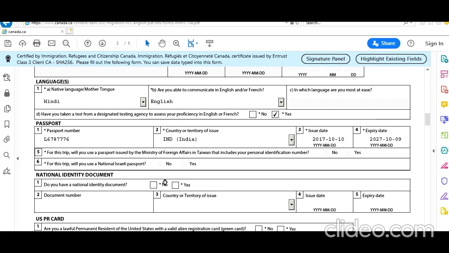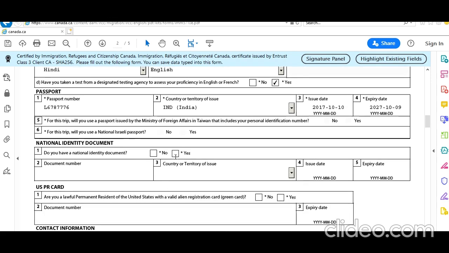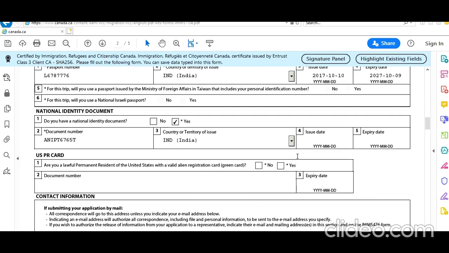You have a nationality document. So this question is asked in various forms. When I made my first application with IRCC, which was a work permit, I selected yes and put my Indian PAN card number, and it was easily accepted. I had explained this in my letter too. So it's up to you, since every country has its own documents, if that is applicable.